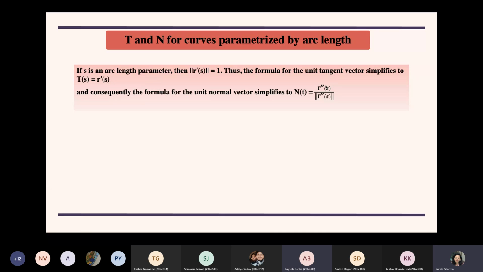Norm of r dash s will always be equal to 1. Yes, when you represent it in the arc length parameterization format, it will always be 1. Norm is the length part, so when you are using the arc length as your parameter, it will always give you 1. Although the proof of this is not required, maybe we can check it for a few questions and see. That's a standard theorem or result which has been applied here. So maybe I can discuss it with some questions.